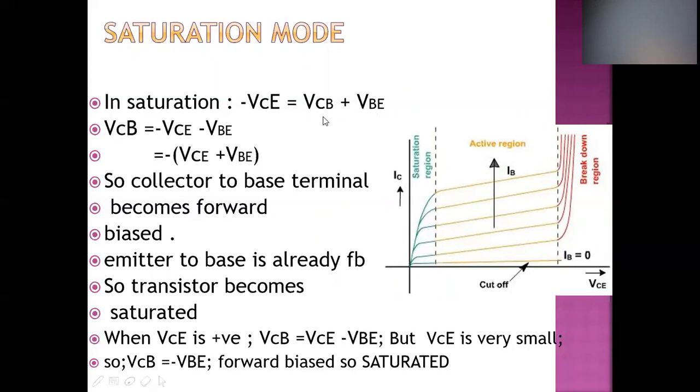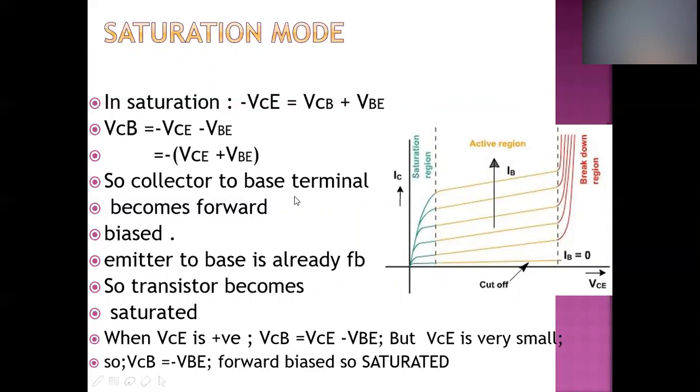Now we can write VCB is equal to minus VCE minus VBE, and we can say VCB is equal to minus VCE plus VBE. So this indicates that the VCB is in the forward biased region,